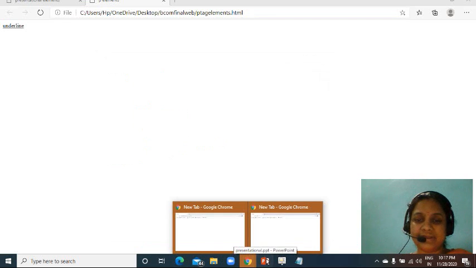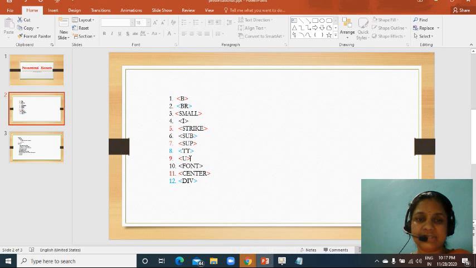Here we have seen the presentational elements: center, div, sub, super, small, break, br. You know the b, right? You know the br, you know the small. Italic means you are going to learn further. You should not get the shape, that means the style of the text. Center you have learned. The font means you are going to increase the size. These are all the presentational elements you are going to learn today. Okay, thank you one and all.